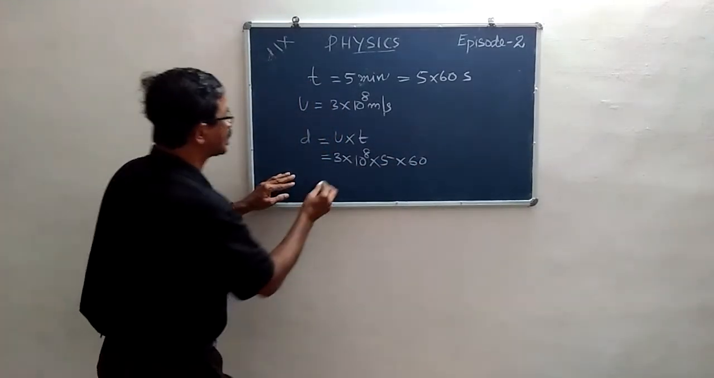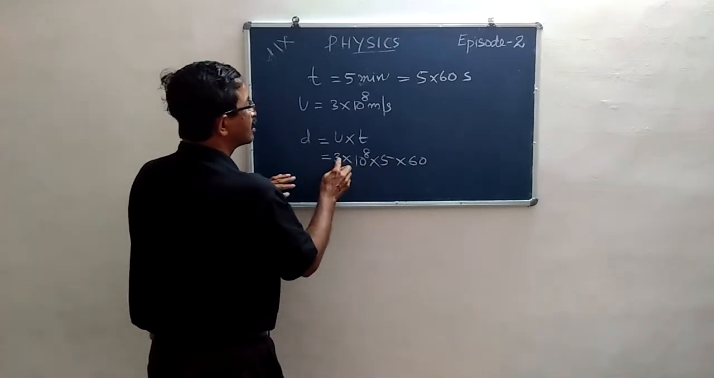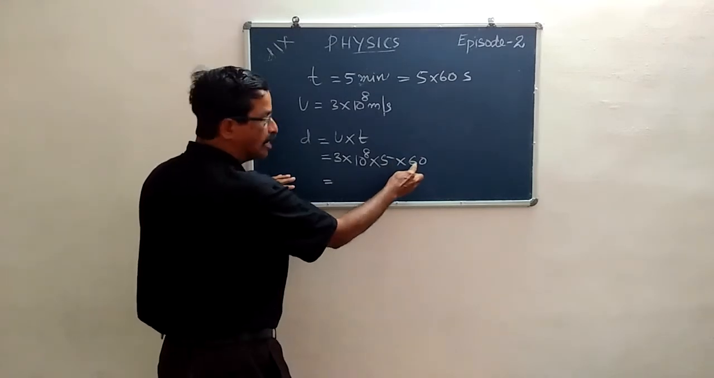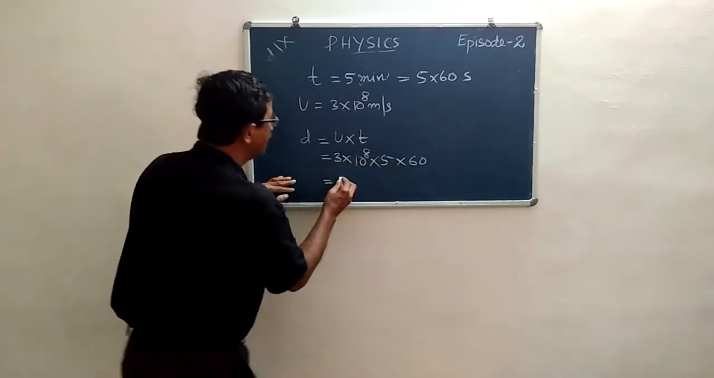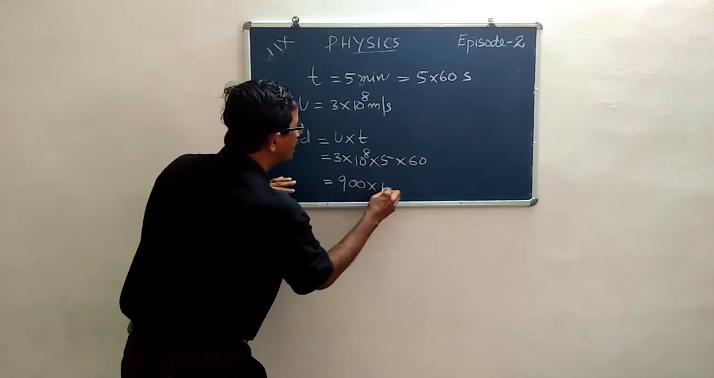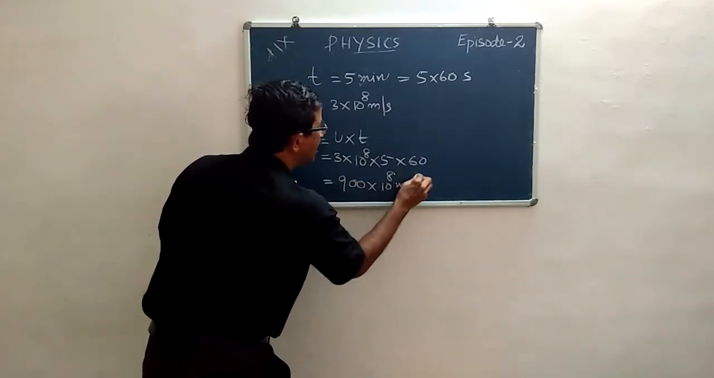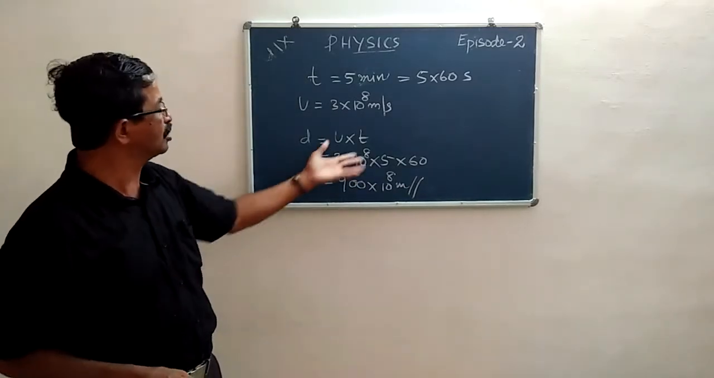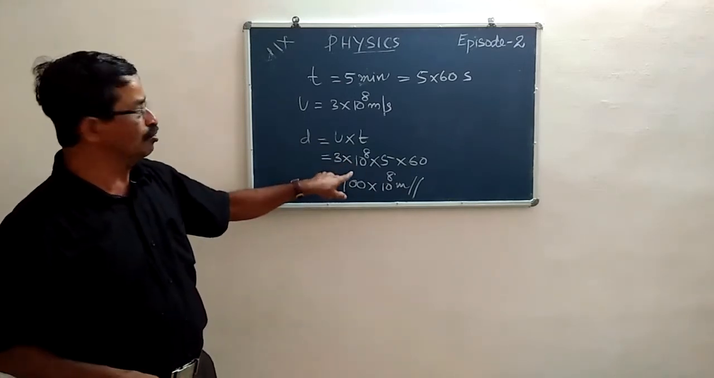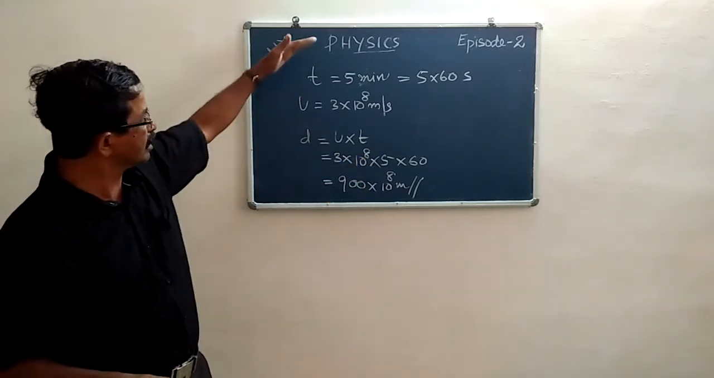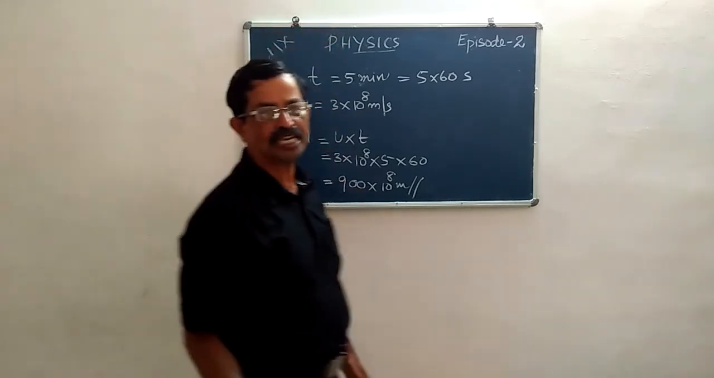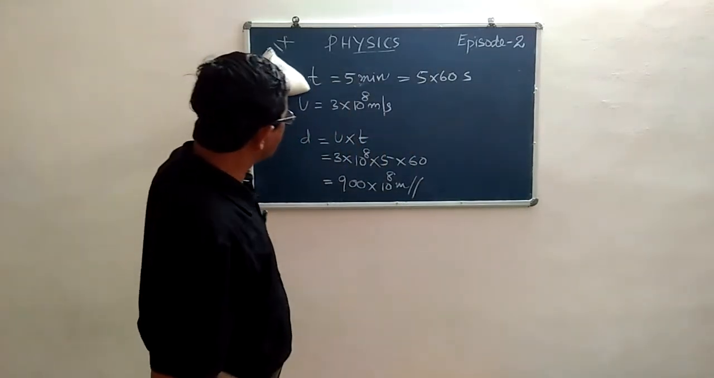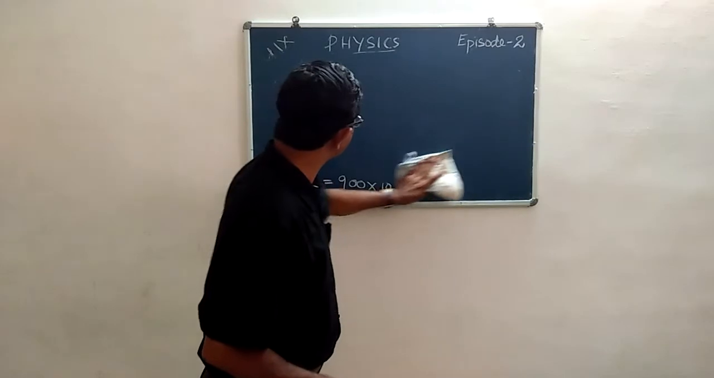When we multiply this, what do we get? 5 times 6 is 30. Then 3 times 3 is 9, and 2 zeros, into 10 raised to 8 meter away. That is 900 into 10 raised to 8 meter away, which you can convert into kilometer by dividing by 1000. So this is the distance of the spaceship from us. Now, another question given to you is